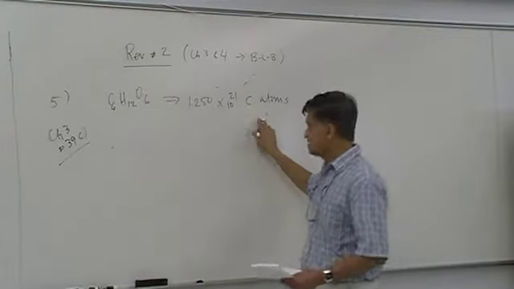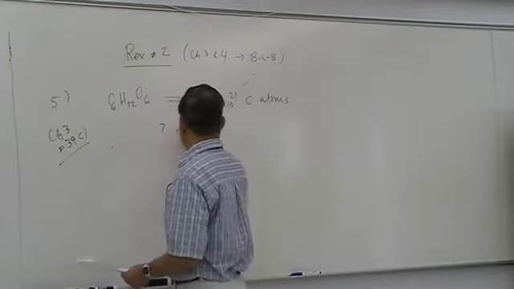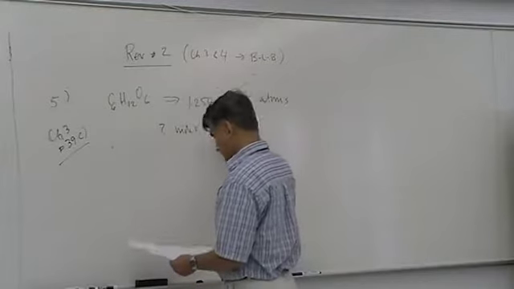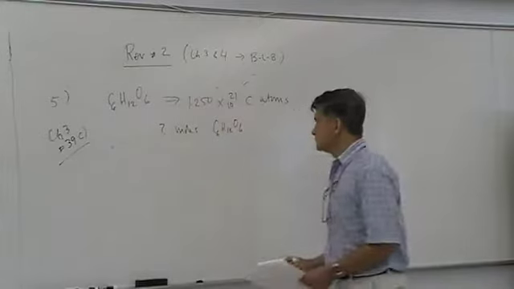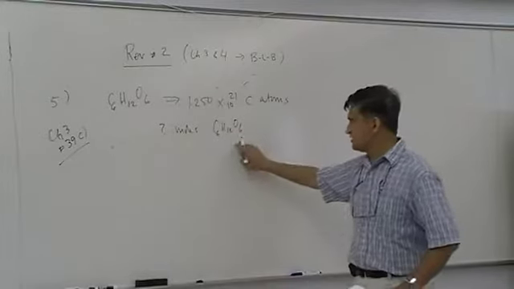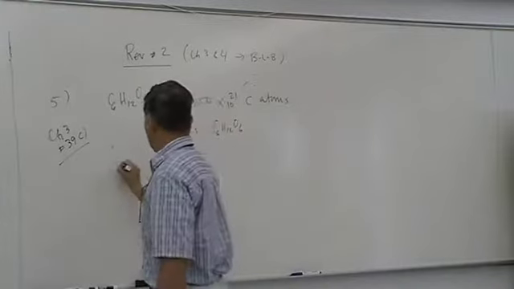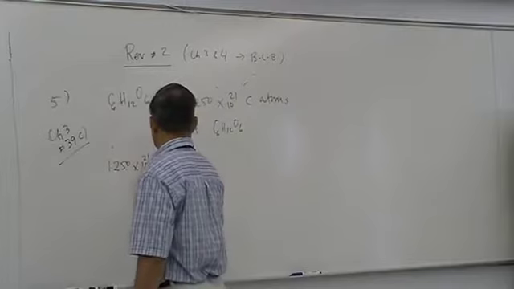Based on that, you need to find out how many moles of glucose, C6H12O6, you have. Starting with this, I need to get this. Again, we're going to do dimensional analysis. 1.250 times 10 to the power 21 carbon atoms